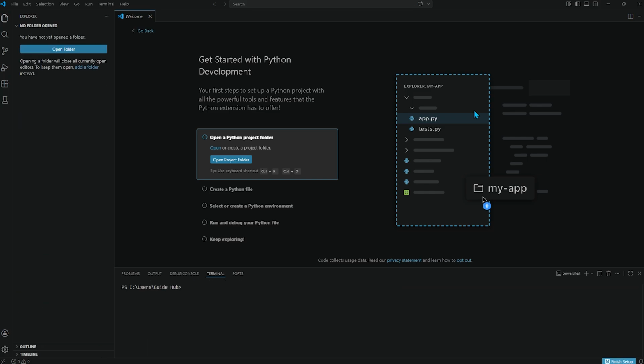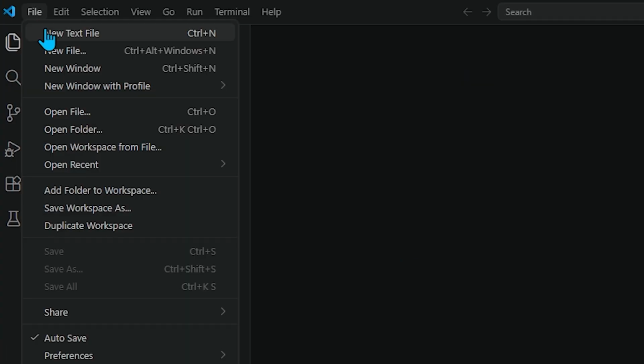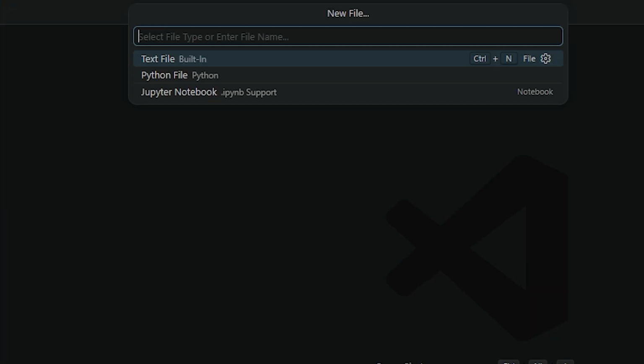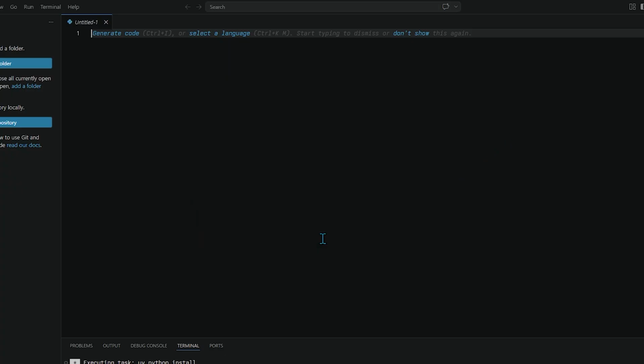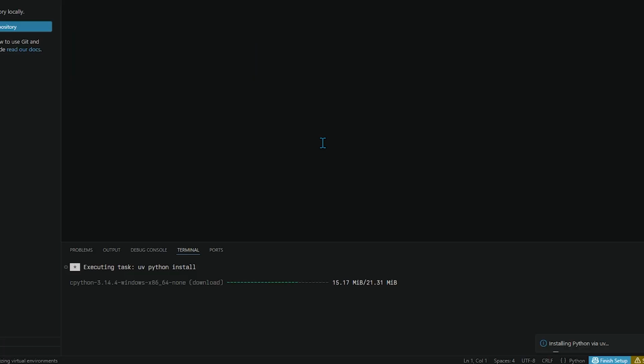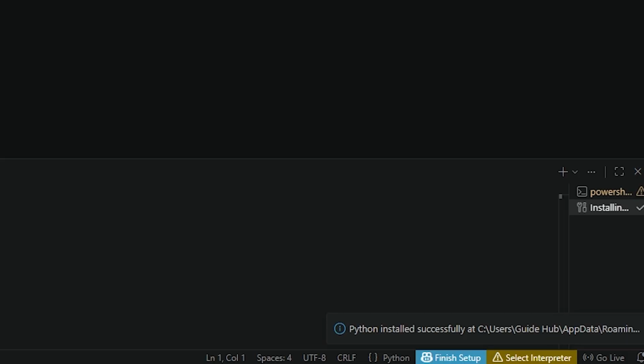changes. After opening the VS Code workspace once again, create a new simple Python file. You might immediately see a new pop-up prompting you to install Python for the current active workspace. Press Install Python on that pop-up menu and wait for the entire final system setup to finish. After completing that step, choose the primary Python interpreter that you want